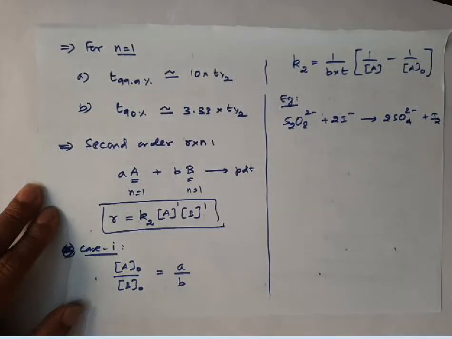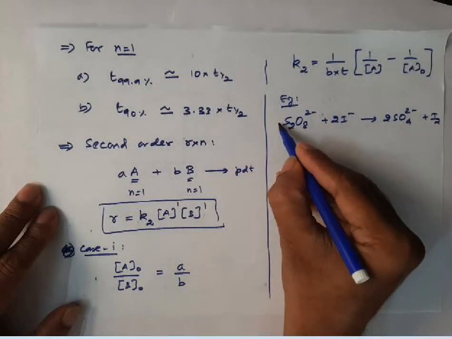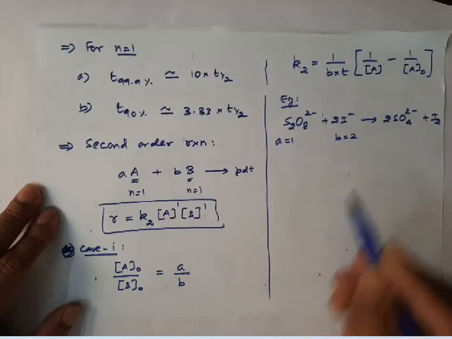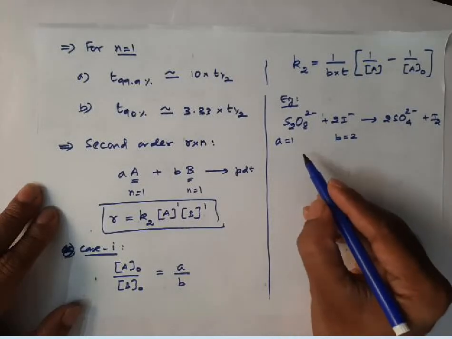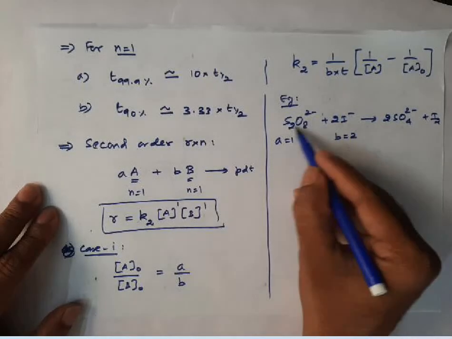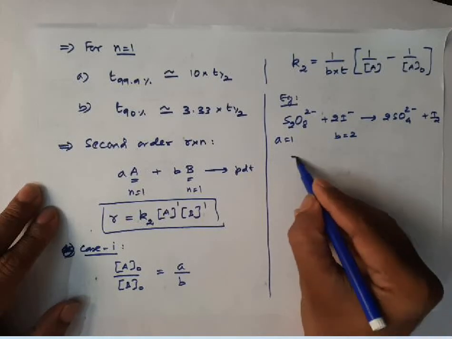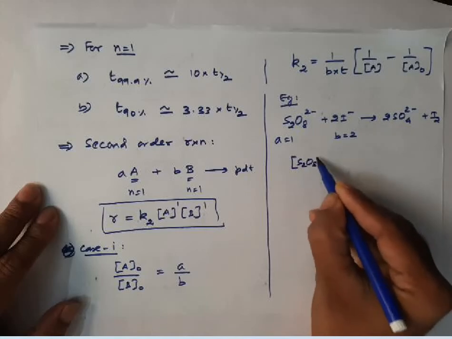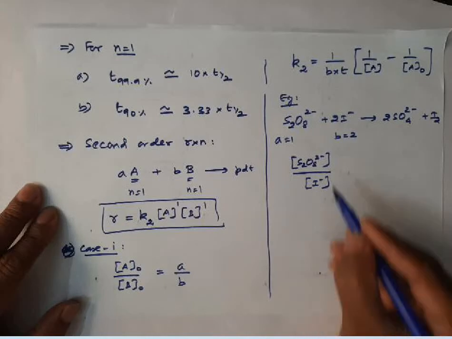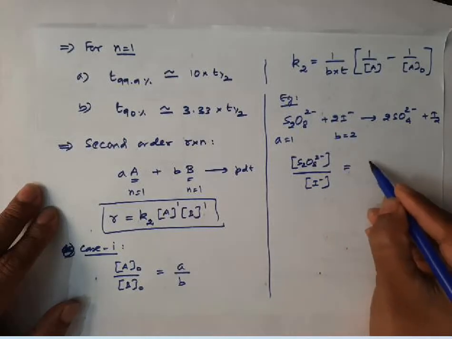In this reaction, see, the coefficient a here is 1, the coefficient b here is 2, right? Suppose the concentration of S2O8 2- divided by the concentration of iodide, if these two are exactly equal to a by b,